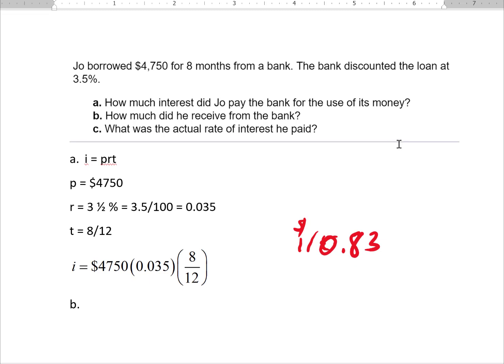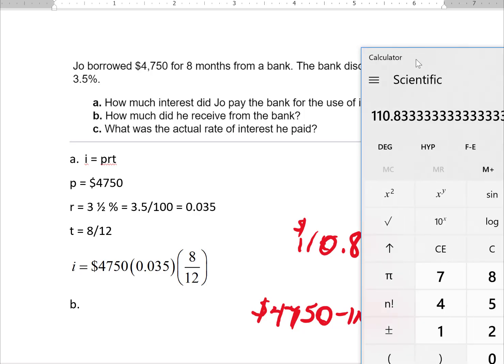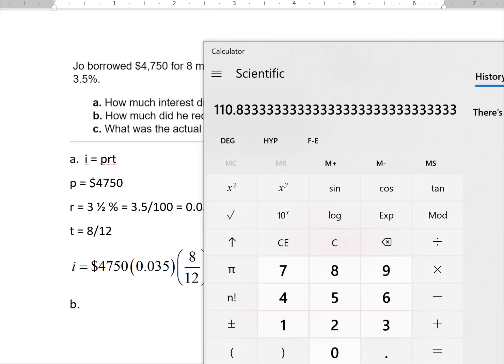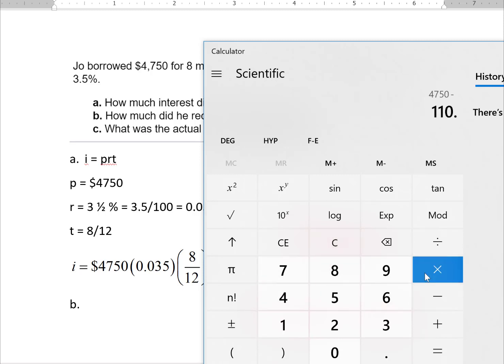So in order to find out how much was received from the bank, we're going to take the amount that was borrowed, because remember this is a discount note, and on a discount note they subtract the interest up front. So we're going to take the $47.50 and subtract that prepaid interest. So I'm going to take $47.50 and subtract the 110.83, and there's how much was actually borrowed,